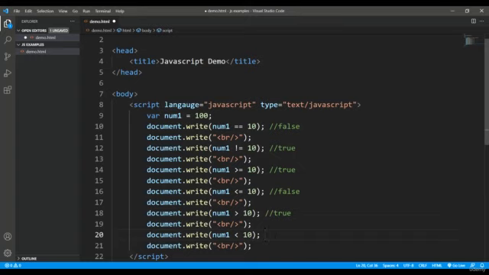Basically the difference between greater than and greater than equals to is that it will give you a false even though num1 and 10 both have the same value. That is, if I make it 10, then 10 is greater than 10 will give you a false. But if I say 10 is greater than or equal to 10, since it is equal to, it will give you a true. Let's check out the output now, since we should get false, true, true, false, true,